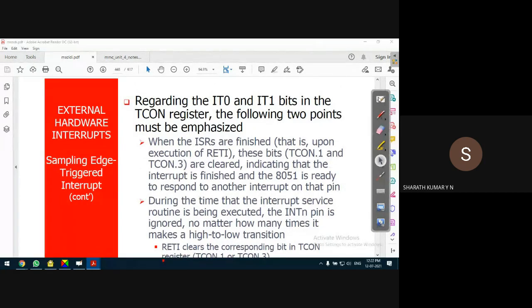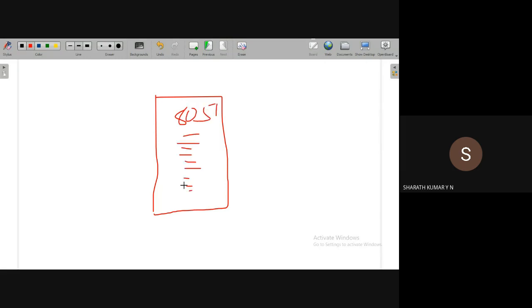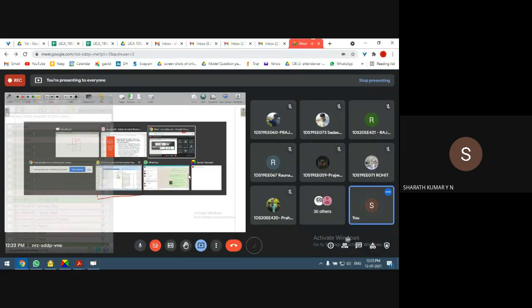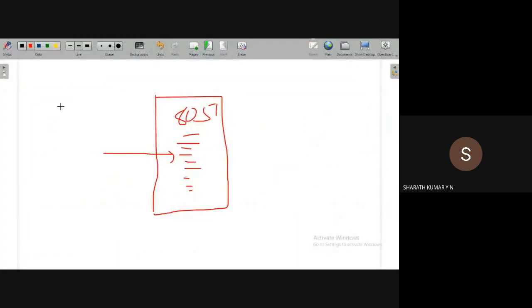Okay. In the beginning, we understood that whenever the microcontroller is interrupted... let us say 8051 is executing some standard program. Suddenly, there is an interrupt from some particular source. The interrupt can be from four possibilities, in fact five. We are not expecting the master reset, which is pin number 9. Except that, the interrupt can be from the external interrupt pins, that is interrupt 0 and interrupt 1.